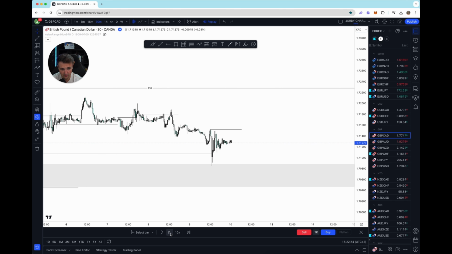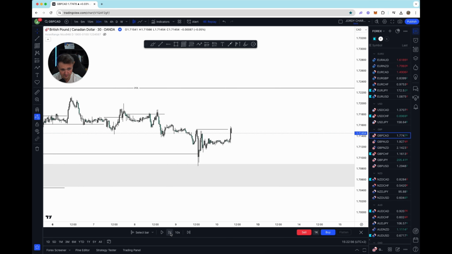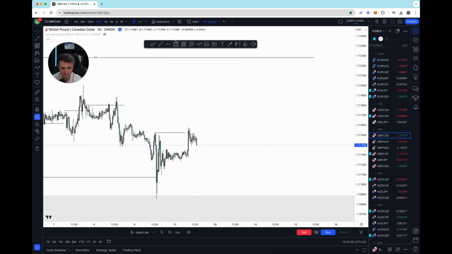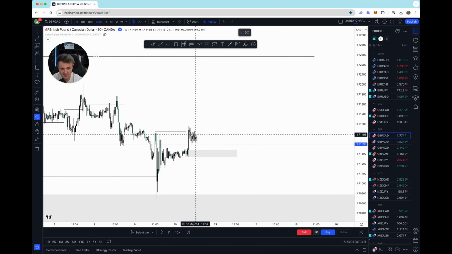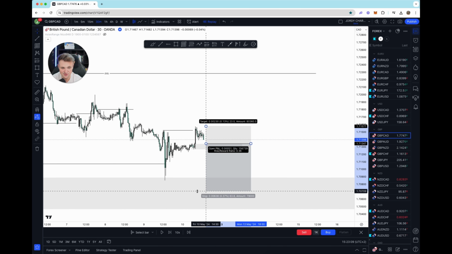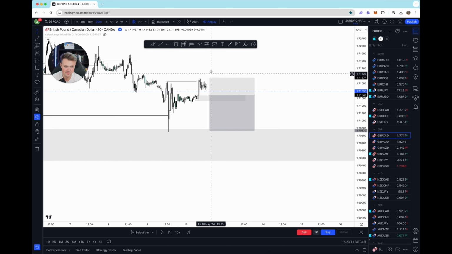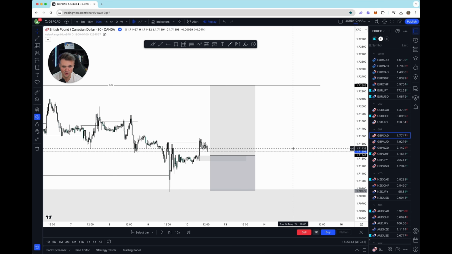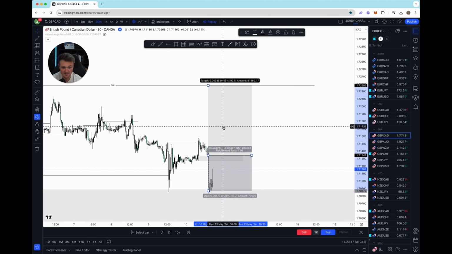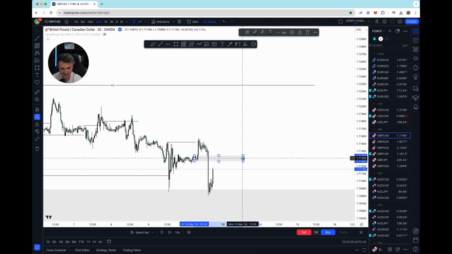So wait. Okay, it's not happening. And then I would look for a trade. So this would have been me. Change of character. We trade this. And this would have been the positions that I took early on in my ICT journey. So as you can see, these trades, they're not that strong. If you've been trading ICT for a while, you know, well, this one was a nice example. You know that these trades are not that strong.